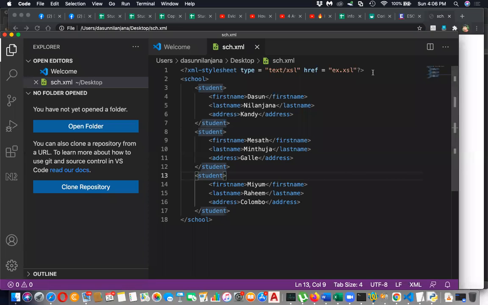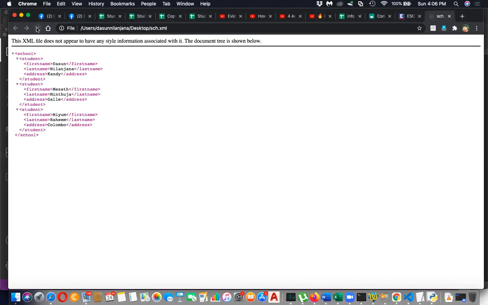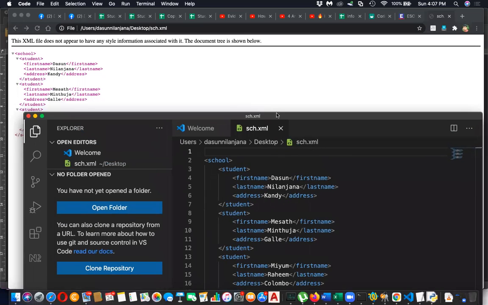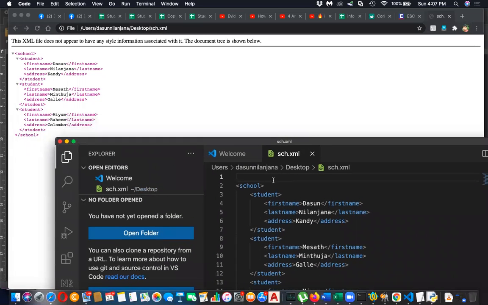It's not identified the tags. And let's remove the begin statement, then without style, I think it will identify. Let's remove this, Control X, and save this. Now refresh. Yeah, I can see the XML. So if I remove the previous one, if I remove the statement XML line, then I can see this in